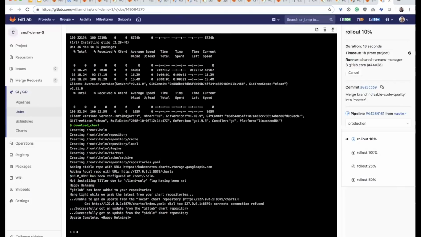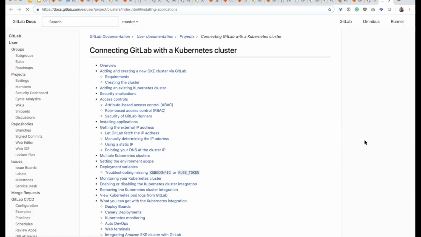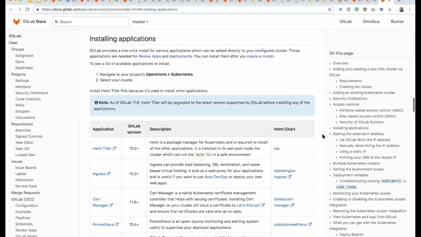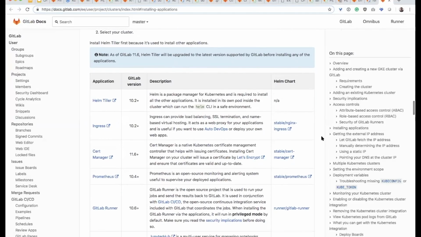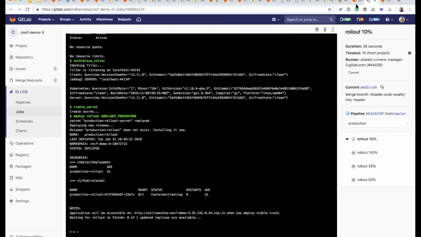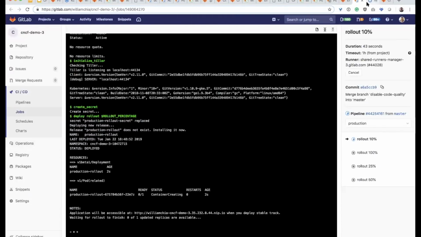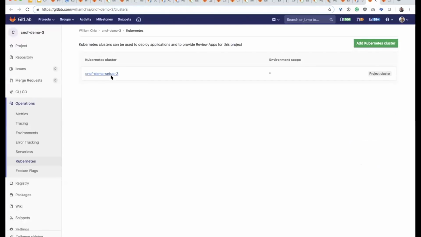While this runs off, I do want to show one other link, because we do a lot of things with Helm charts. Something I didn't quite show is being able to one-click install different applications, things like Helm Tiller and Ingress and the Cert Manager. And we do that via Helm charts. So while this builds, I can actually show that here inside the Kubernetes cluster, when you add a cluster,